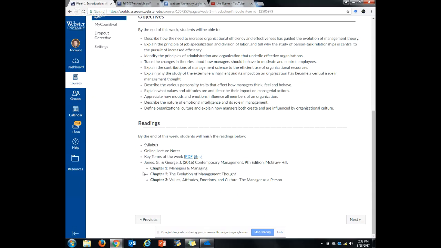We'll start in antiquity, but we'll focus most of our attention on the more contemporary theories. We'll go through the 1900s with theories like scientific management and things like that, where people were treated more as a means to an end within an organization.